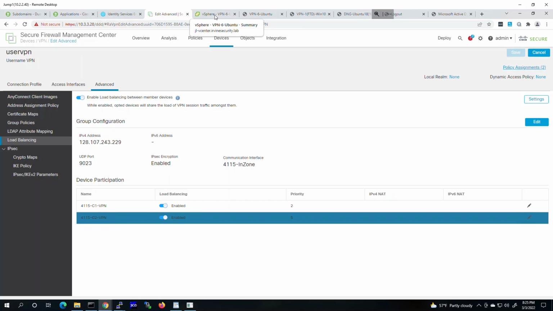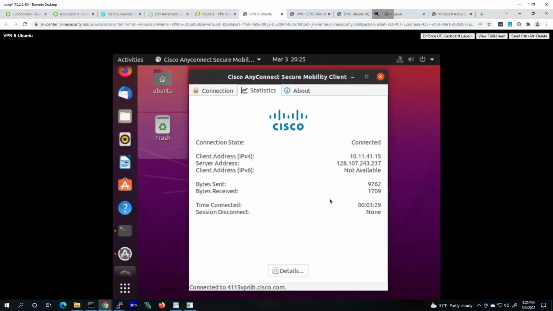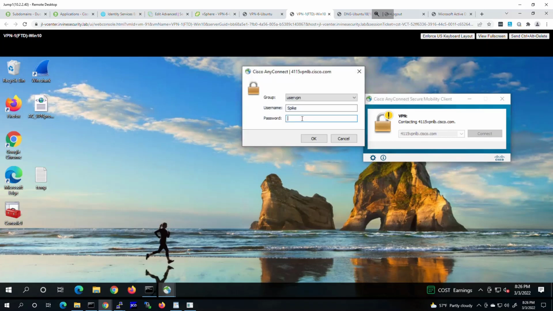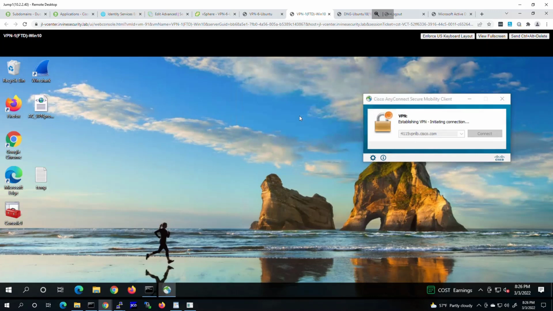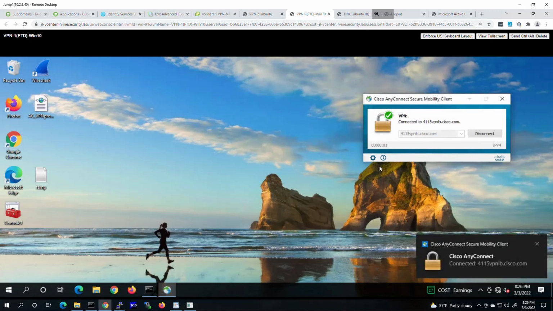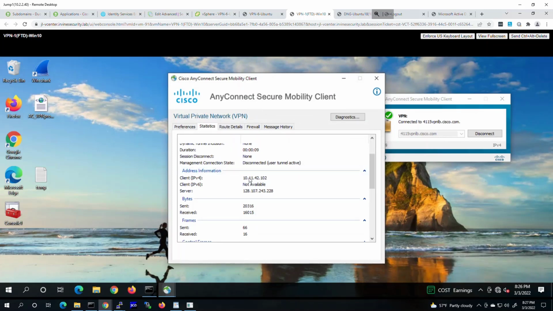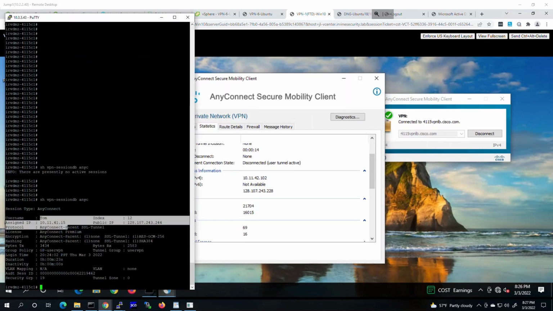So let's go back to my Ubuntu. I'm still connected. Let me look at my Windows machine. There we go. Now it moved over to the 11.42. So if I go take a look at my sessions,